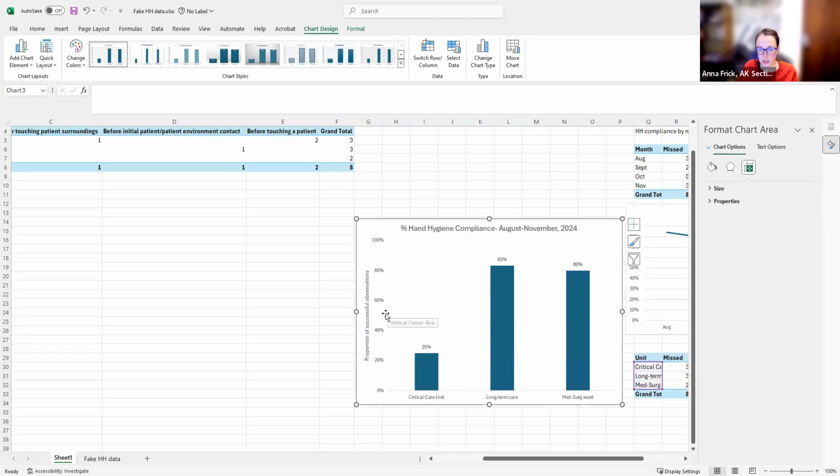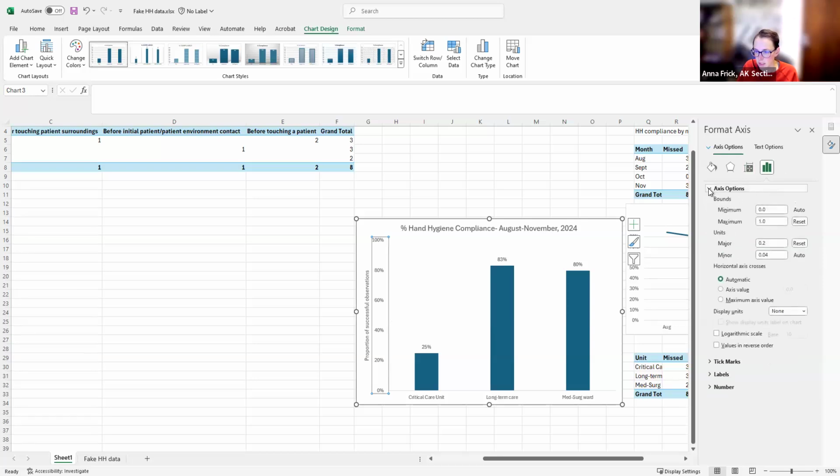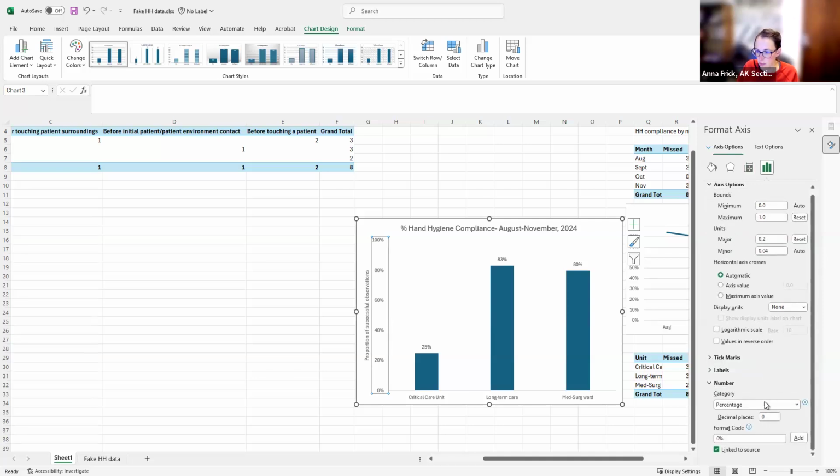in my presentations. Sometimes Excel likes to do real weird stuff with its axes. Usually that stuff is happening either in the axis options or in the number section. So those are the two places to look if you feel like Excel is trying to do you dirty in some sort of weird axis related way. It's worth checking in there.